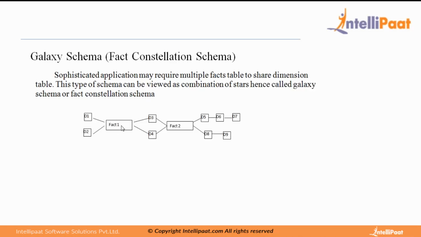In this example, you can see fact 1 is connected to dimensions D1, D2, D3 and D4. Fact 2 is also referring to D3 and D4. This is quite a common scenario. For example, if you have sales information and inventory information, you have two fact tables, one sales fact and one inventory fact, and you have a dimension like time or date, the best example. Both facts will refer to that date dimension, so the structure becomes like a constellation. That is an example of a fact constellation schema.